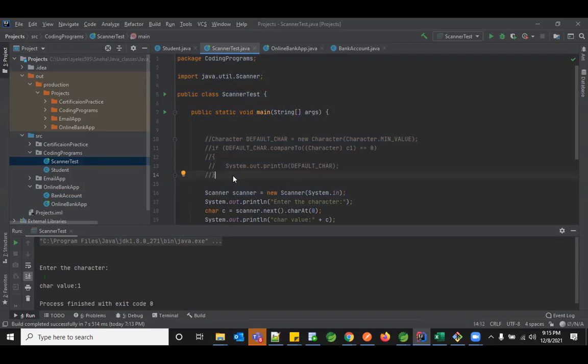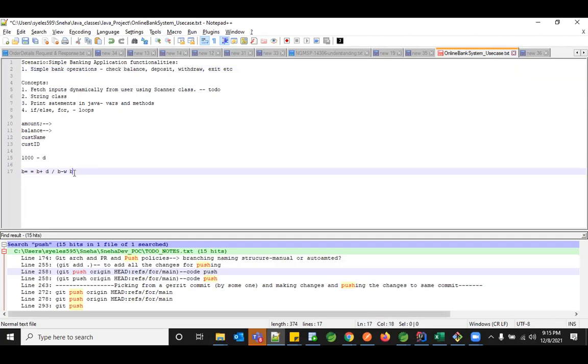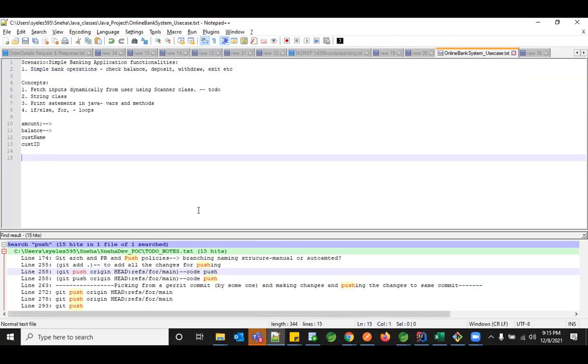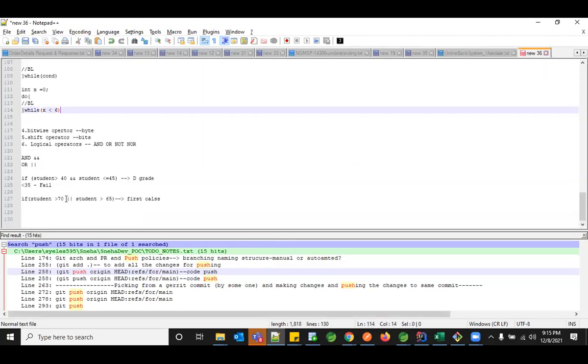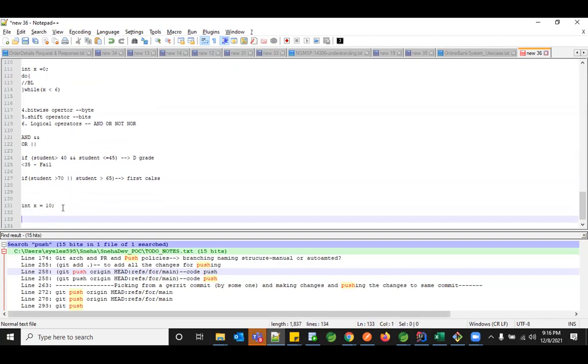Okay. So so far we were initializing the values by ourselves. Whatever we want to initialize, we just give x equal to 10 and initialize it. But sometimes we might need to get input from the user, right? We need to get a dynamic value, not a static value.